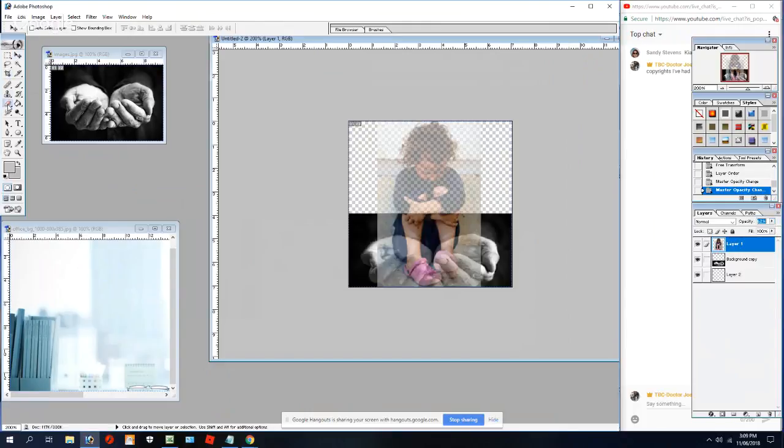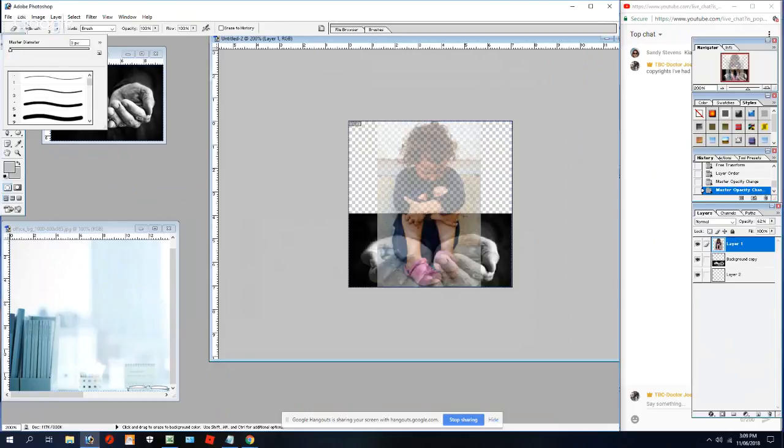Then I'll grab the eraser, which is over here under the stamp and near the finger. You can adjust the size of it by just clicking on the brush here, and notice it's getting bigger, or you can have it like that, huge.